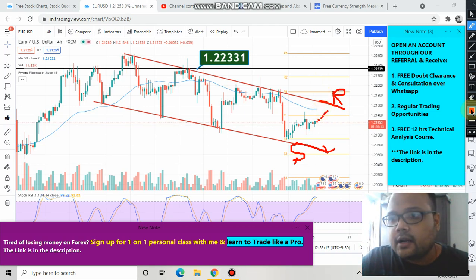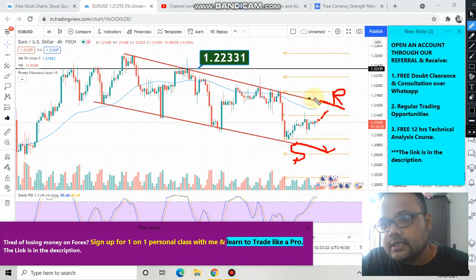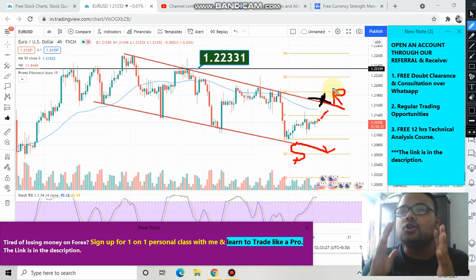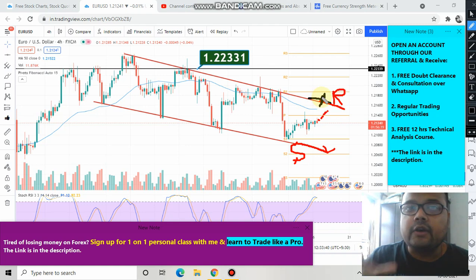On the other hand, if market crosses this trend line and goes up, or crosses this level, then also I'll tell you not to go ahead and buy. Because overall the trend is down now. The present scenario is not that good, so if possible try to avoid it, until and unless there is a big breakout with great volume.